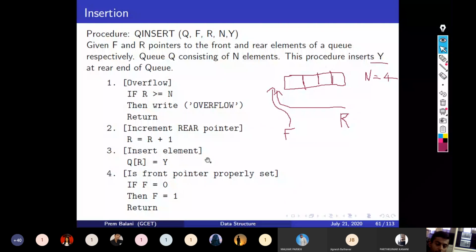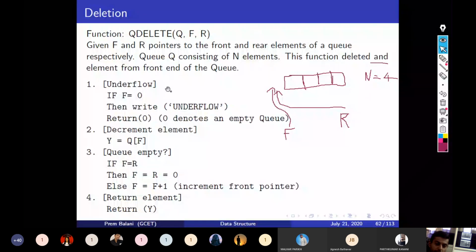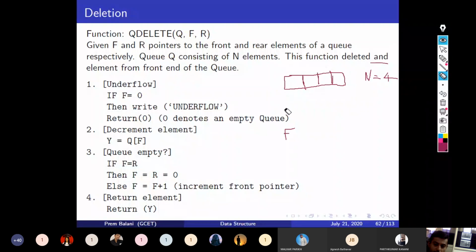So here, after deleting 2 elements, what was the value of pointers F and R?